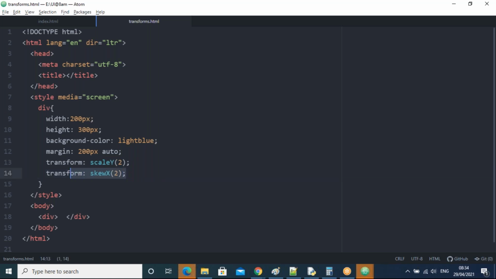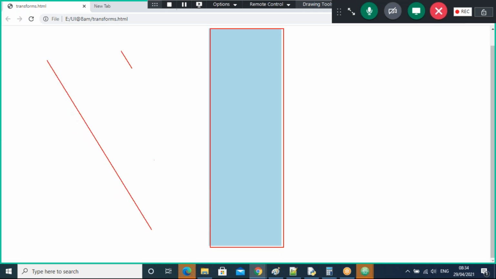Here, what is the meaning of skew? Now observe, right now this is the box. Skew gives some kind of slant like this. This is called skew.